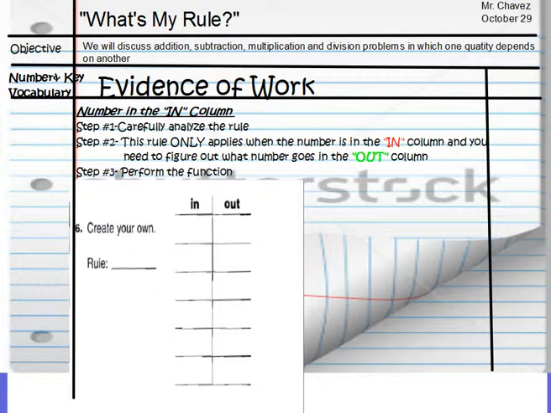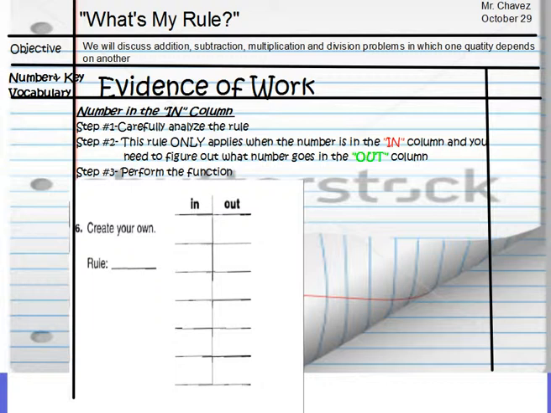The objective of this lesson is that we will be discussing addition, subtraction, multiplication, and division problems in which one quantity depends on another. So here's the first step. Before we even start,